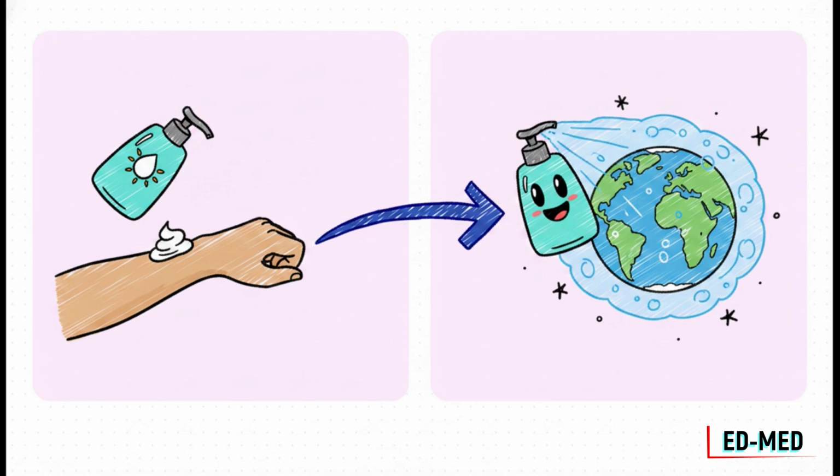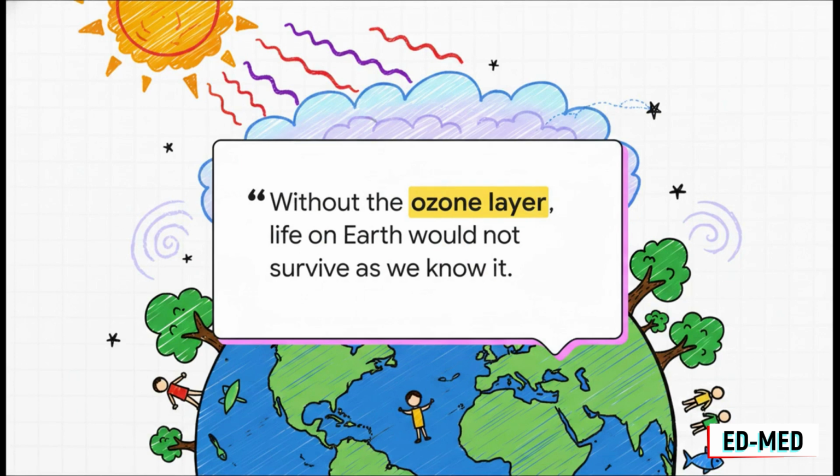Just like you put on sunscreen to stop your skin from getting burned by UV rays, the ozone layer does the exact same thing for the entire planet. It protects Earth from getting burned by the sun's most dangerous radiation. It's the most important sunscreen we could ever have. And I'm not being dramatic when I say this. It is a scientific fact. This invisible, fragile layer of gas is the only thing standing between all life on this planet and the sun's most lethal rays. Without the ozone layer, life on Earth, as we know it, would simply not